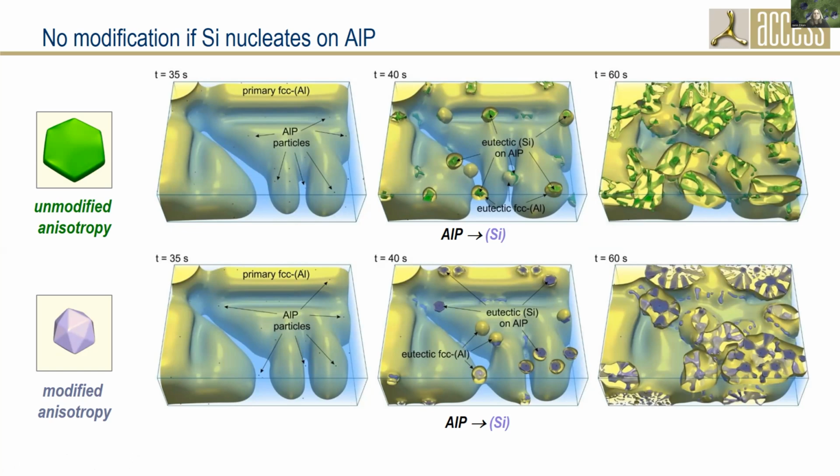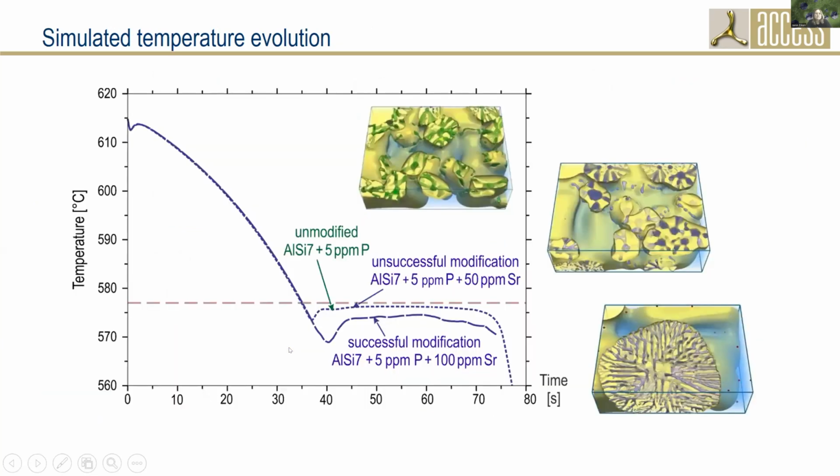However, we would also not get modification if you just use this unmodified anisotropy on its own, and you would just get a finer structure, but not modified, fibrous growth. So our conclusion was that we needed both the changed anisotropy and the effect on the nucleation, and the explanation why